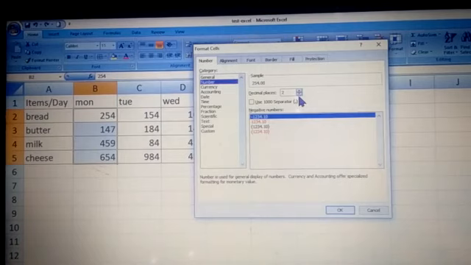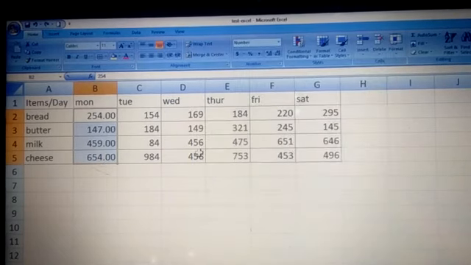So children, to make you understand, I chose these cells again and I've come back to number. Now my number is without decimal points, but you can specify how many decimal points you want. If you want 2 digits after your decimal, or just 1, whatever you want, if you click OK, you will see the difference. See, 2 decimal digits are there after decimal, right? So this is how you can change the number format.